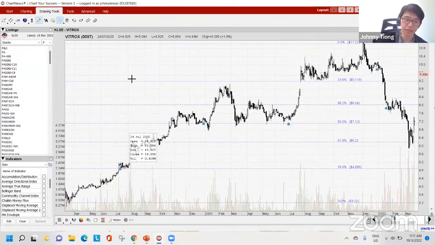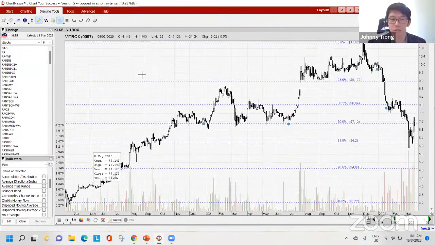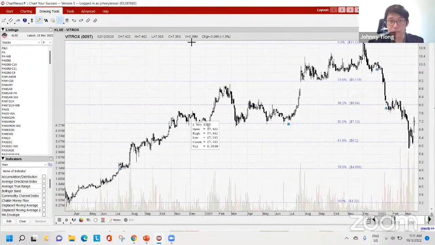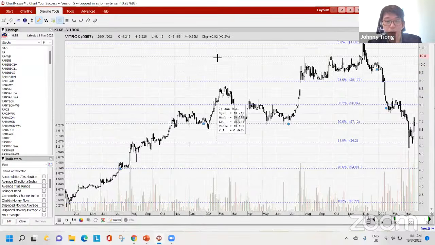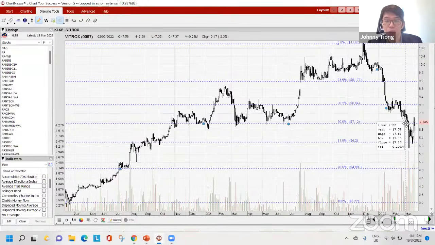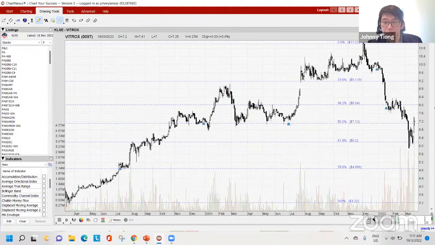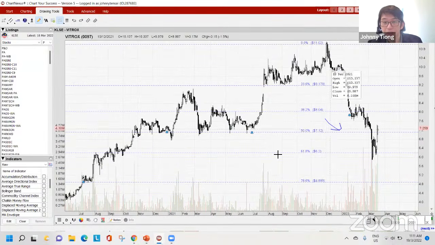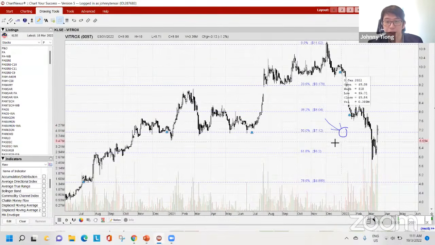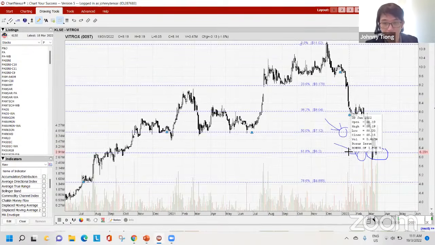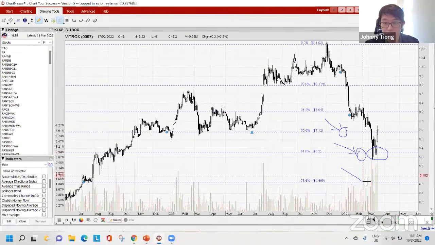Because I know that technology stocks are having a retracement. So our strategy is, for example, for this Vitrox, just like I mentioned about 50% and 62%, right? Maybe at 50%, we can aim one bullet here. When the stock price falls to 50% from the highest point, we can aim one bullet here. Second is at the 62%. If you have more bullets, maybe you can divide into 3. Maybe if it falls down to 68%, you can have another bullet.